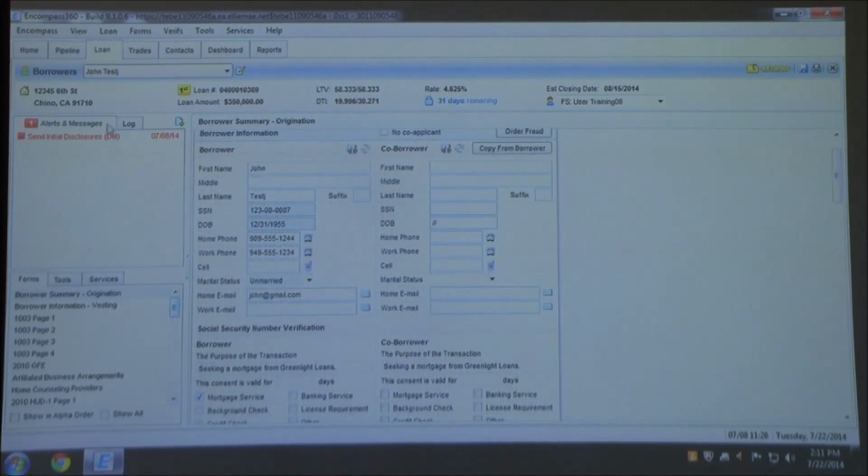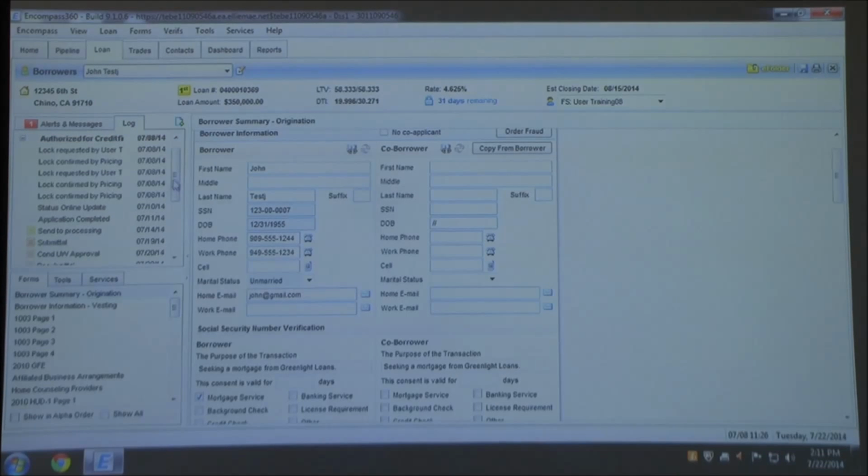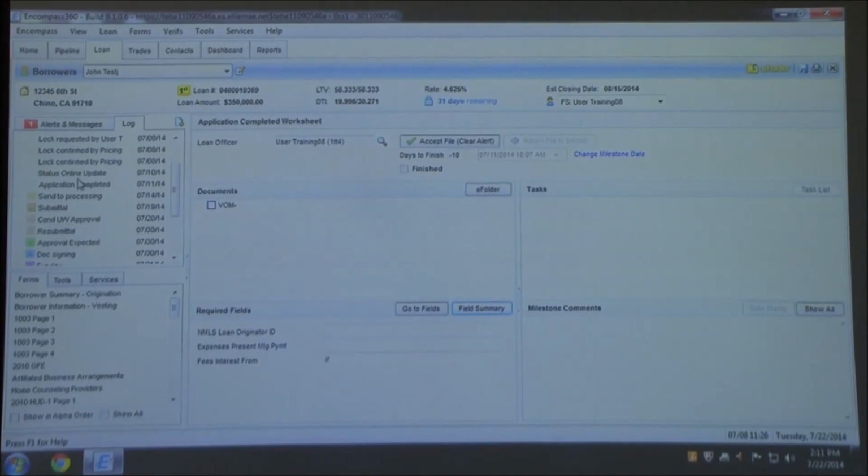So we already have a completed application. Last time we touched on the application completed milestone. This is where we would be at within the process. This one has not been finished yet, so I'm going to go ahead and key in this requested data right here. So present mortgage payment, we'll just put in a number. And it looks like we have a closing date of August 15th, so we'll go ahead and use that as our